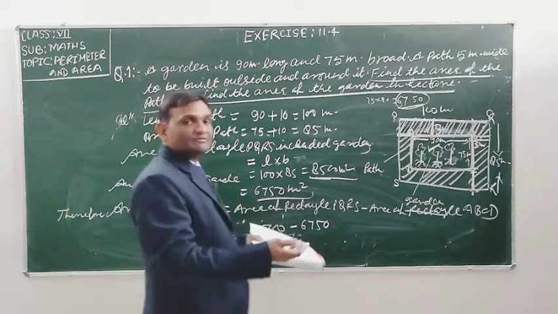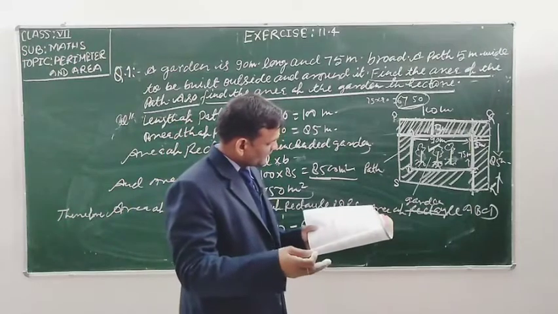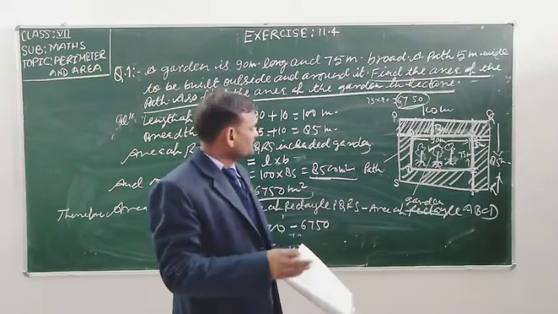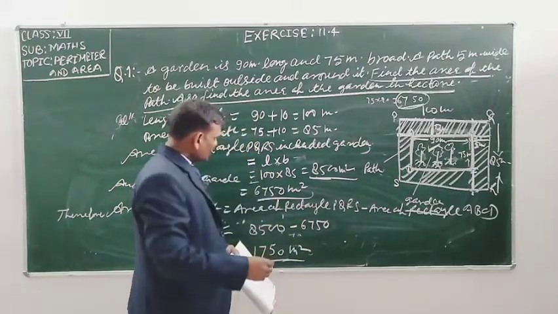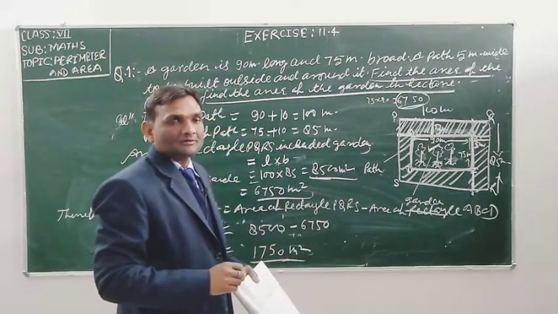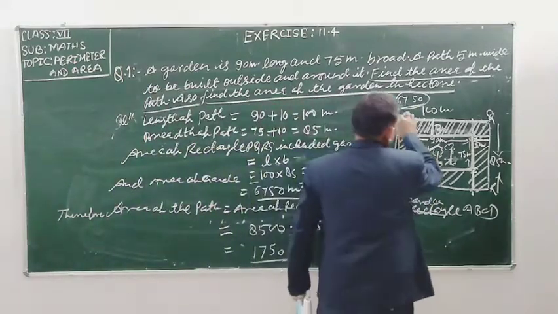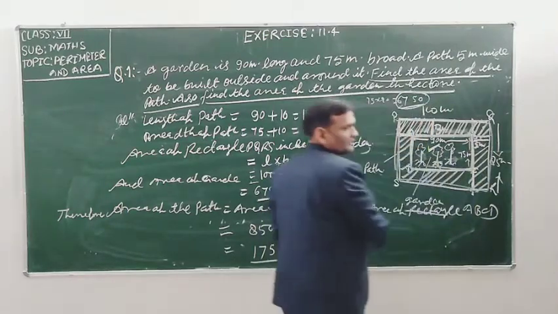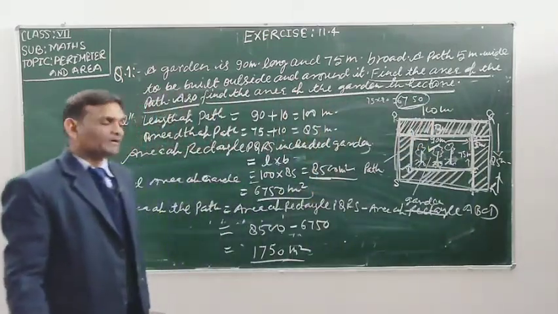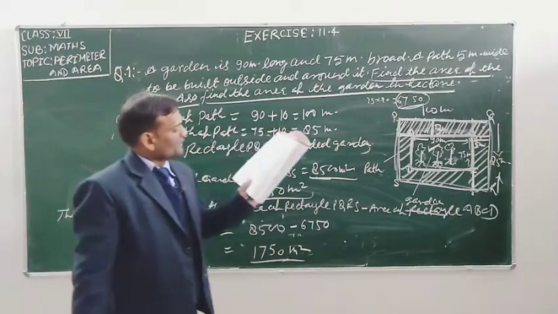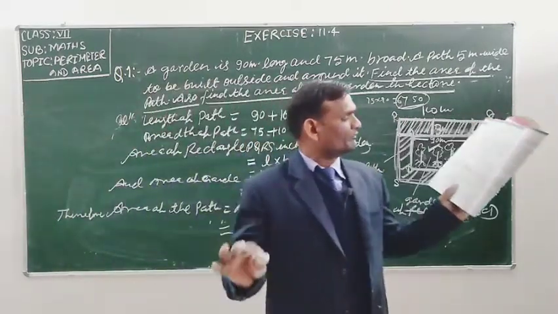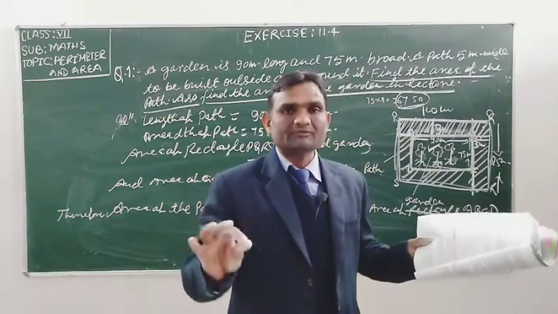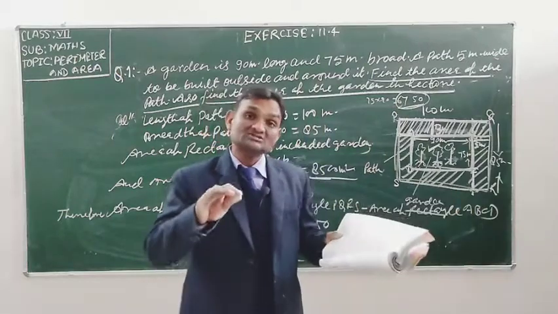ये तो क्वेश्चन नंबर 1st से भी इजी है. In question number 1st, you needed to find out the area of the path and area of the garden in hectare also. But in this question, only one thing is asked, the area of the path. Firstly, find the area of the large rectangle and then the area of the rectangular park and subtract it. You will find the answer. So student, you will read question number 2nd, 3rd, 4th and 5th. All are the same as question number 1st. And you will solve them yourself.